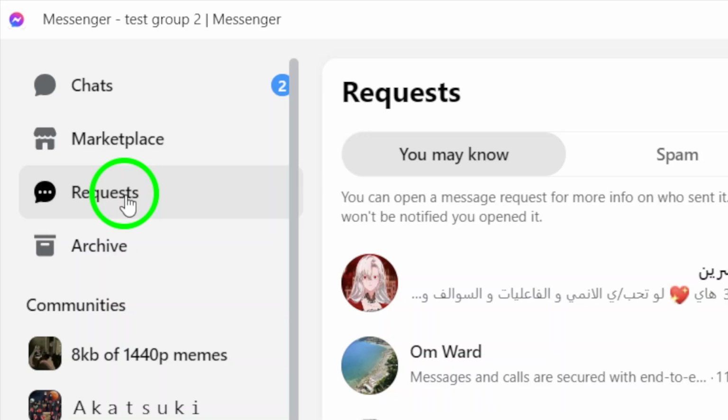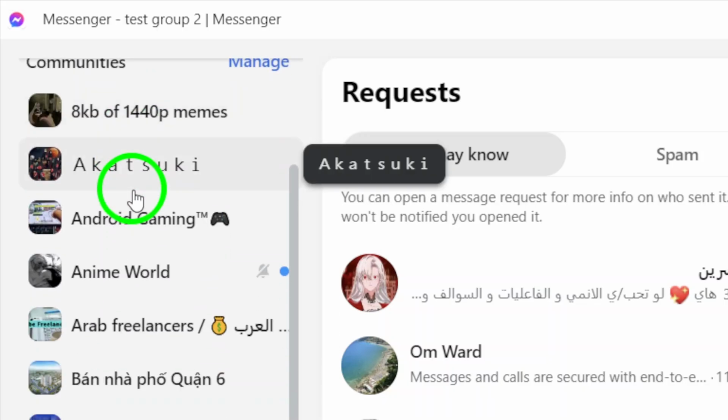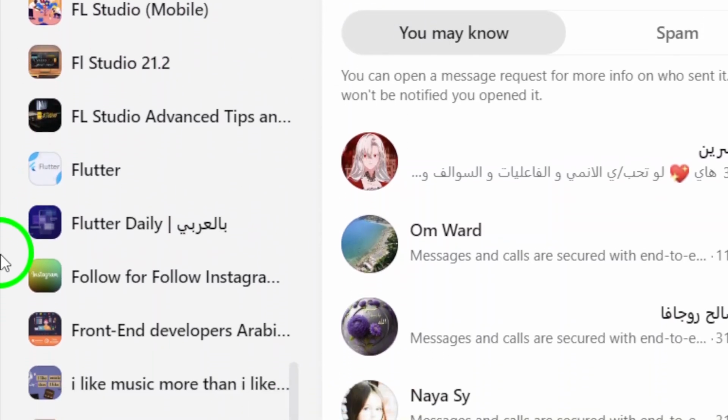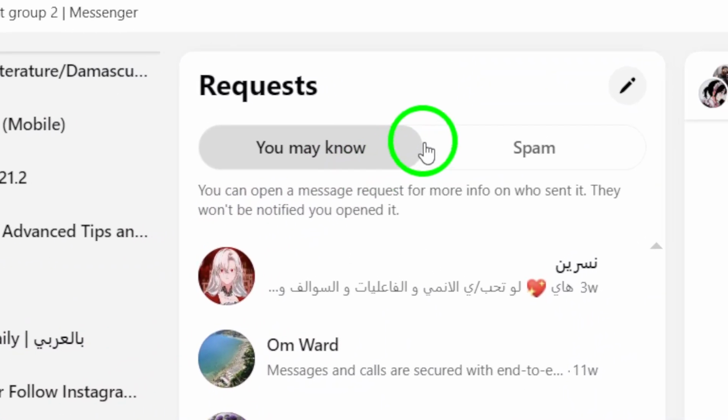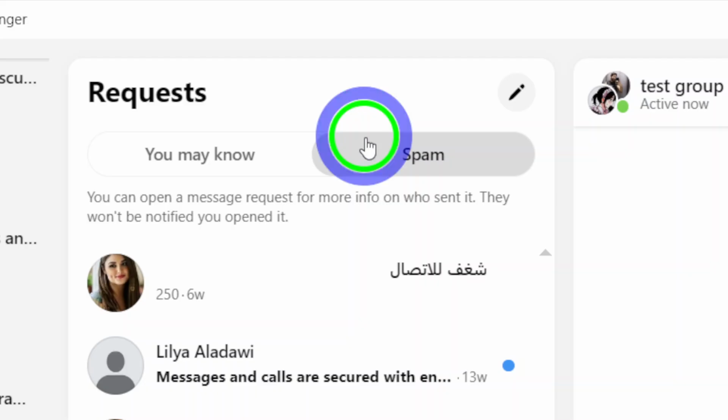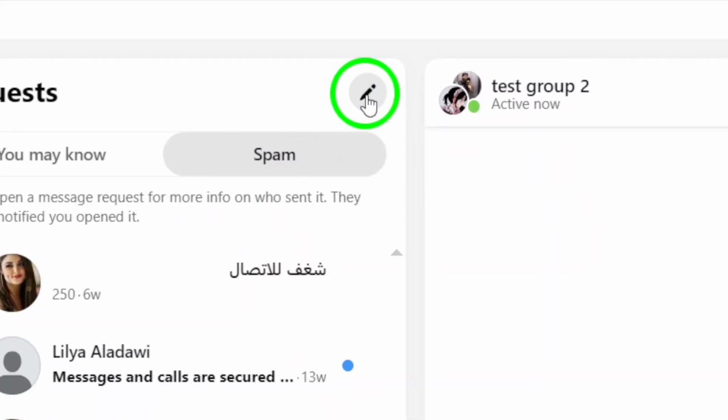Now, you'll be directed to a new page. Here, find the option labeled Who Can Send You Friend Requests. Clicking on this will give you a few choices for managing your friend requests. Finally, select Everyone. This simple change allows anyone to send you message requests, making it easier for new connections to